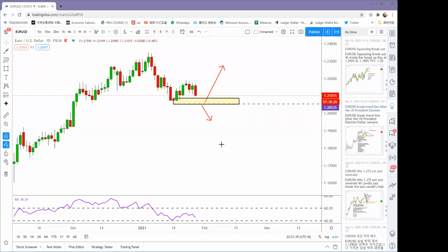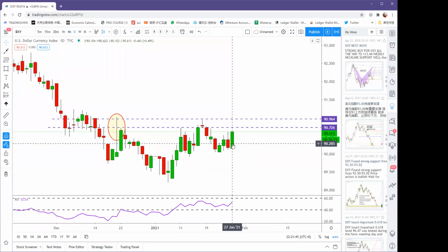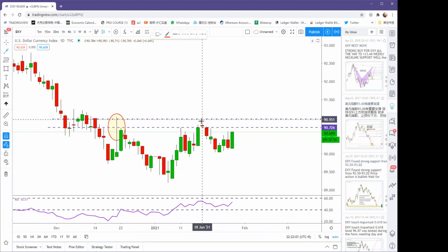Okay, and meanwhile, the dollar index is bullish. We have a strong candle today. So 4 hours later, we don't know what will happen, but most likely the FOMC, the Fed, is not going to increase or decrease the rate. It will probably still maintain zero interest rate for the dollar. So this will be a technical